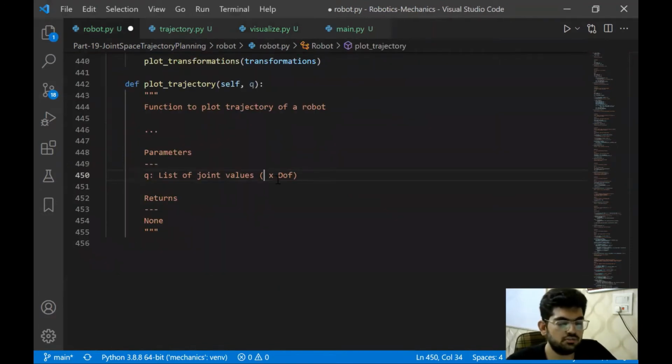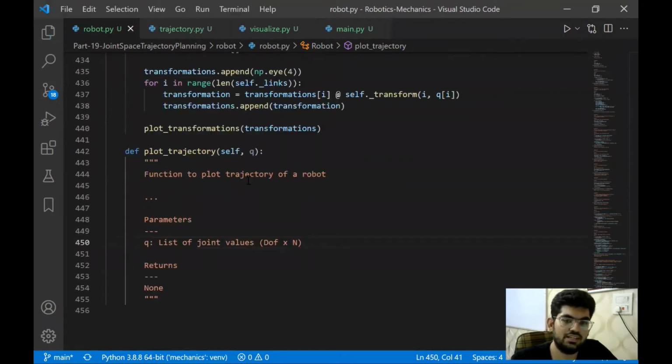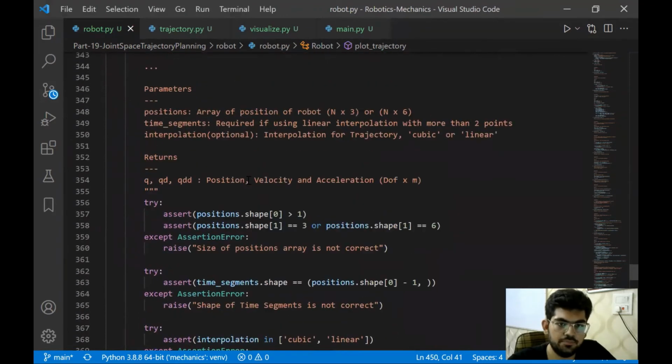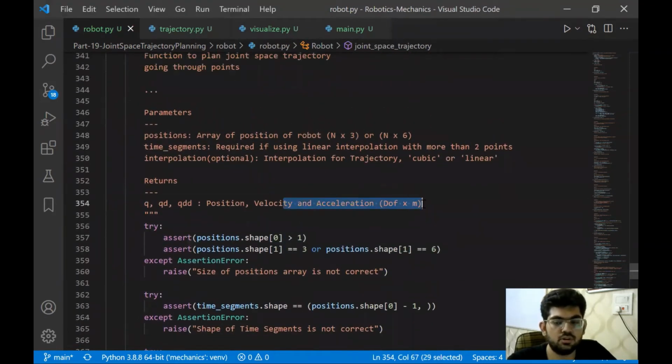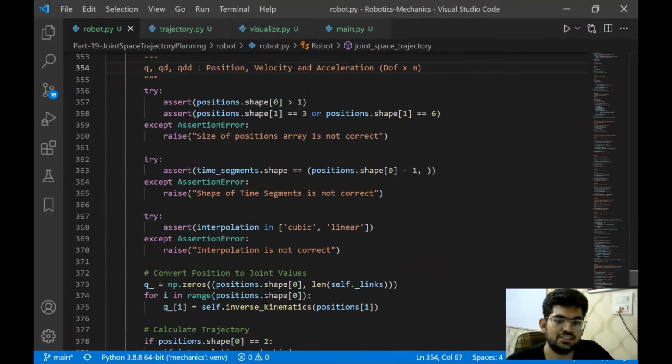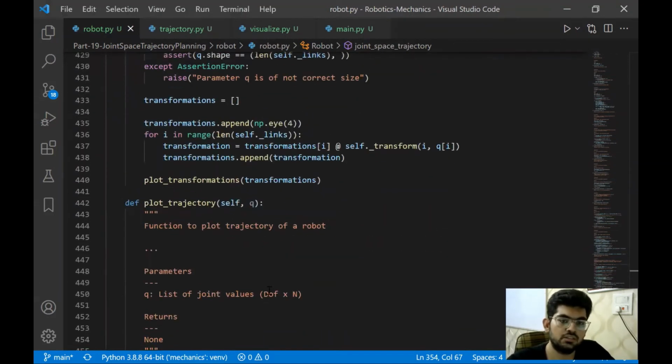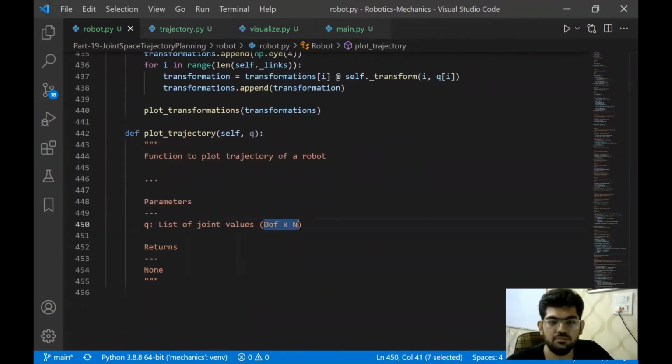The list of joint values that we are going to add is going to be of the shape degree of freedom cross n, as we can see over here. The degree of freedom cross m is returned from all these trajectory planning algorithms that we wrote before. So that's why we're going to have a similar structure, degree of freedom cross n.